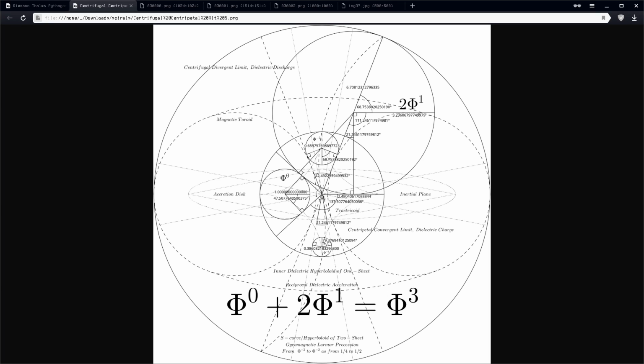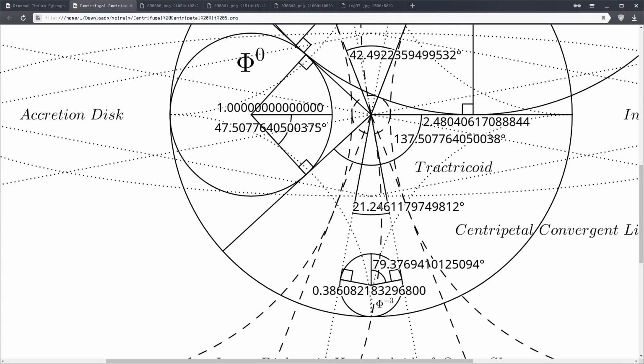So you've got to think of this image right here, 3-dimensional. Since 1, or 5 to the square root 0, is representative of the centripetal convergent limit, or dielectric charge, I figured that this ellipse should be visualized by the height of this. So this and this are equal height,